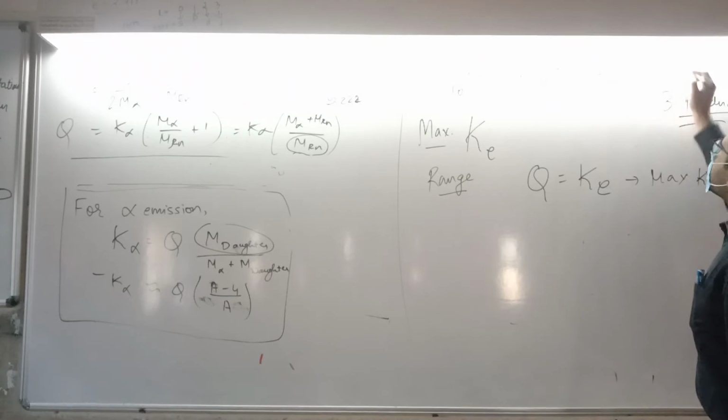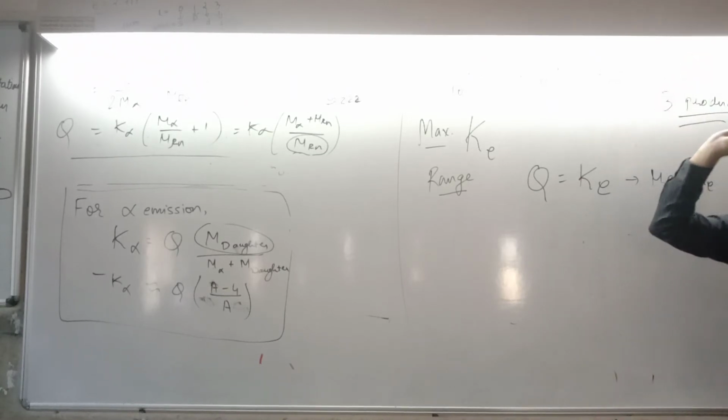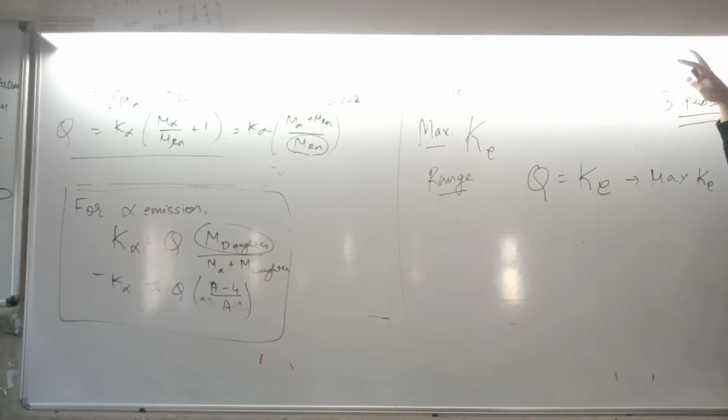In reality this is slightly wrong, because a little energy goes to this one. But it's too less. It's very, very small, so we normally ignore it. Unless you're doing very, very precise calculations, you ignore it. And even precise calculations are not in the syllabus. So this is good enough. Understood the concept? Let's solve this.